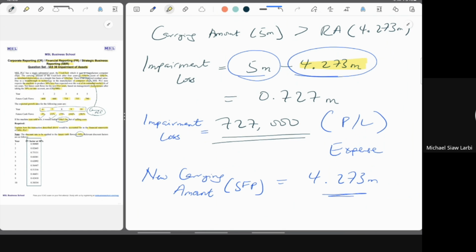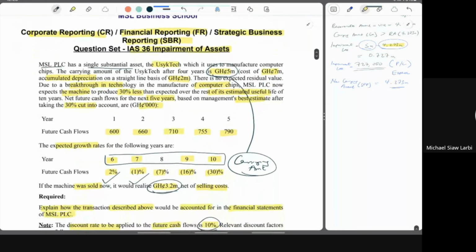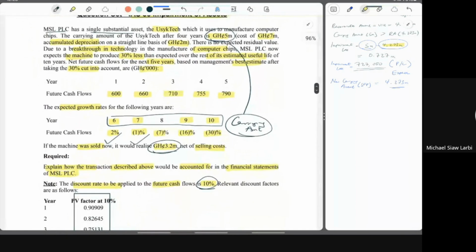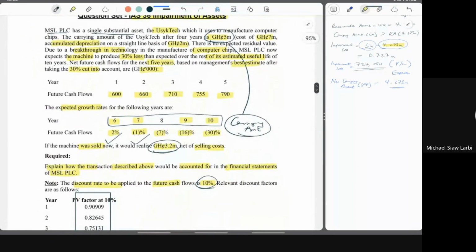So that has been it for this particular question. You can take a look at this, go through the question, and that will be it. So this is our basic example on IAS 36 on impairment of assets,